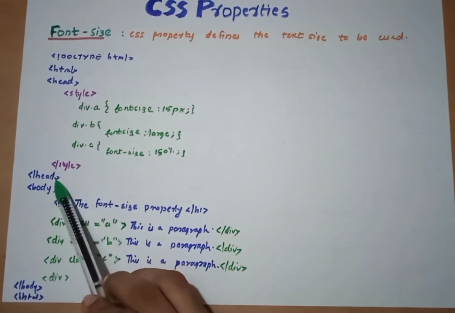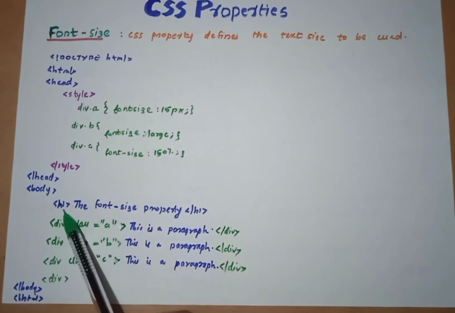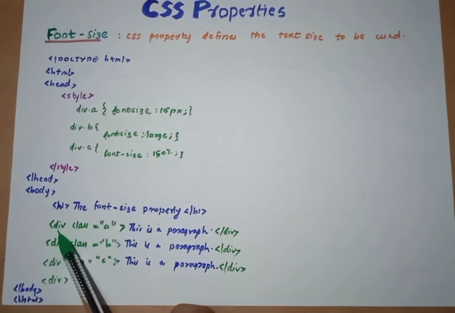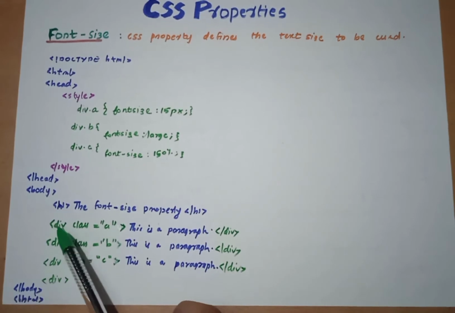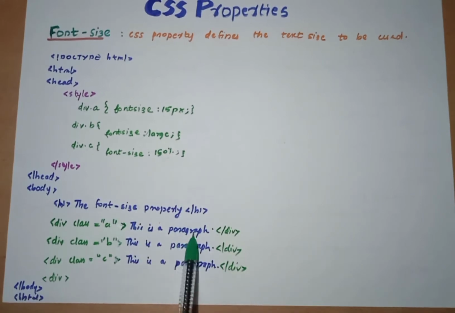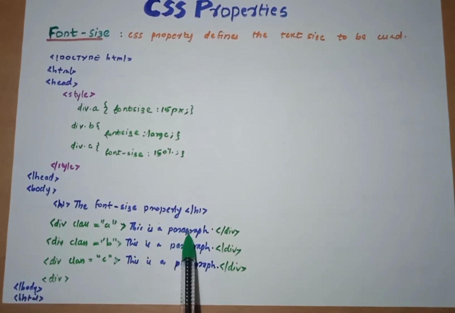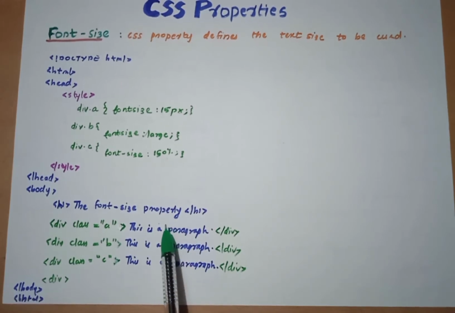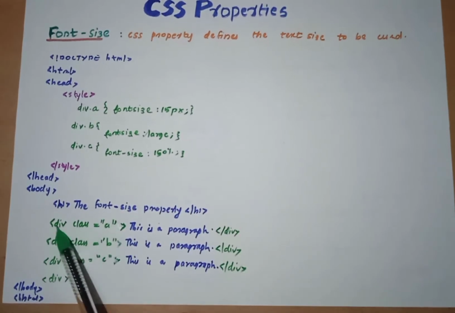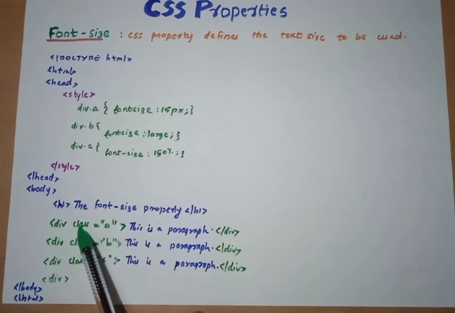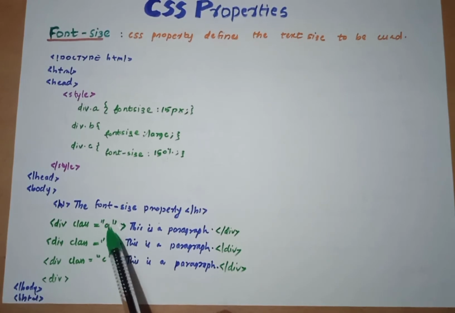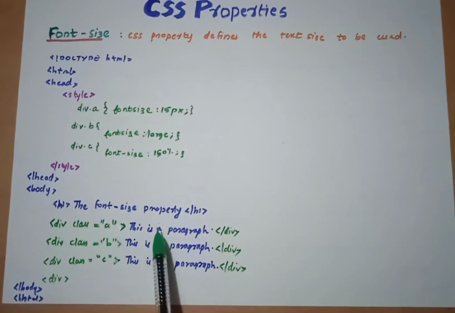So I close the style and head and open the body. I just write a heading, nothing but the font size property, it doesn't matter here. Div is the HTML element. Here I have to use this font style of 15 pixel for whatever I am writing in my first division. I have used some text and I have to display it at a 15 pixel font size. So what I did here: div, then I wrote class equal to, that is, just give the name of the font size you want to display here.